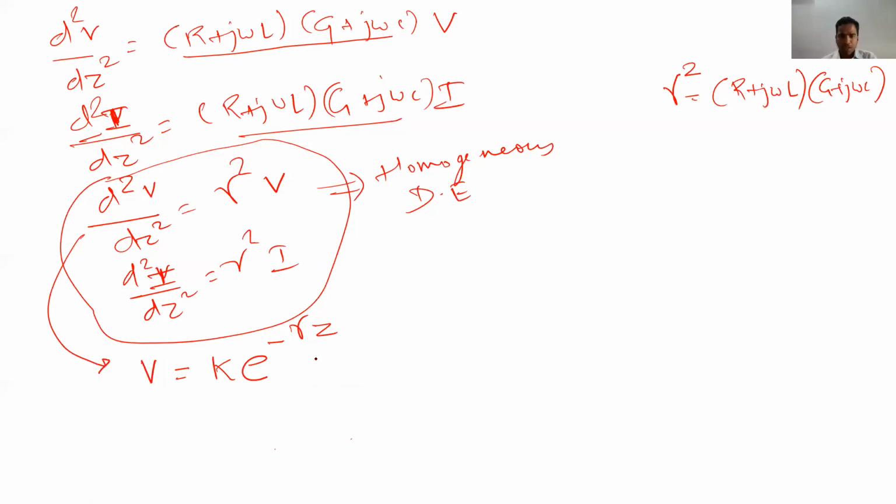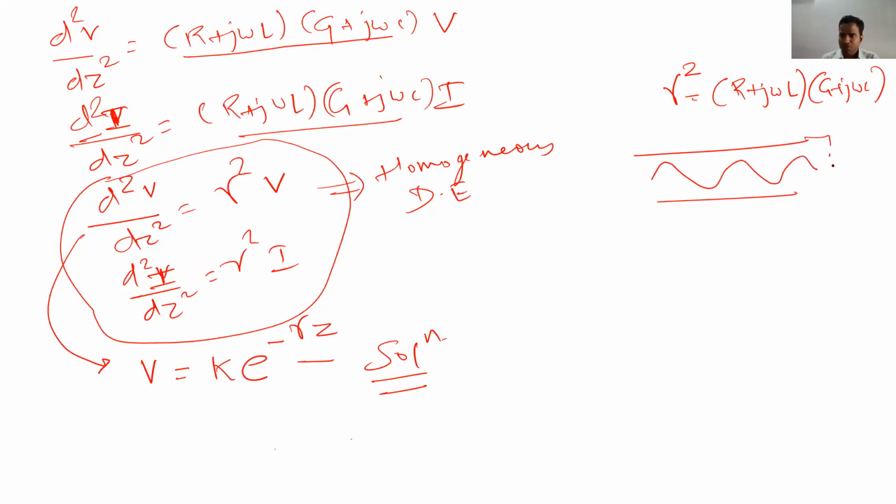Okay. So this is the solution we are getting. Mathematically this is fine, but what is practically observed is that V and I are not just traveling in one direction. Along the line, the V is continuously changing. There is a load end here and a source end here. The magnitude and phase of the voltage and current waves are continuously changing along the line.